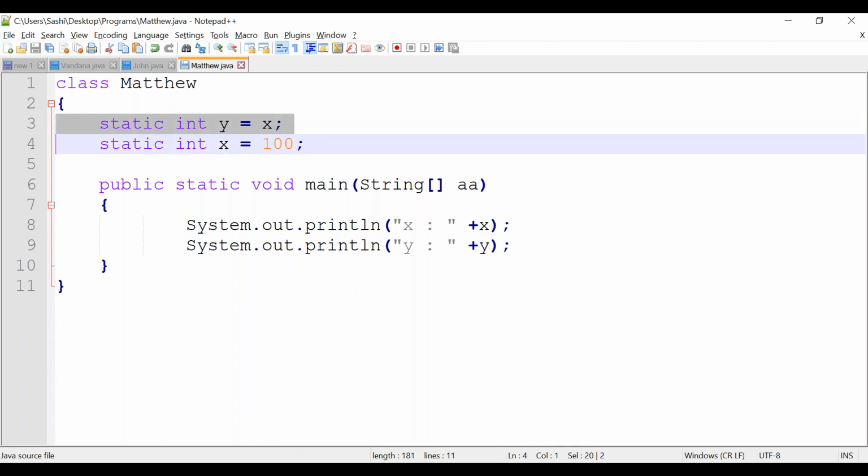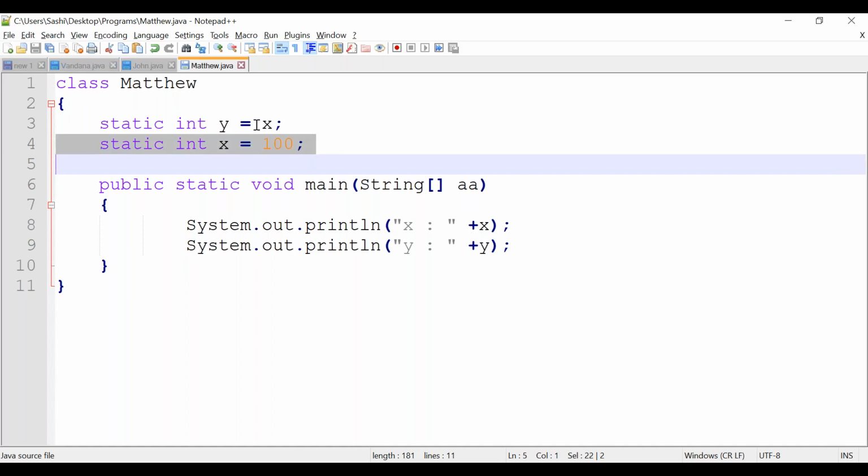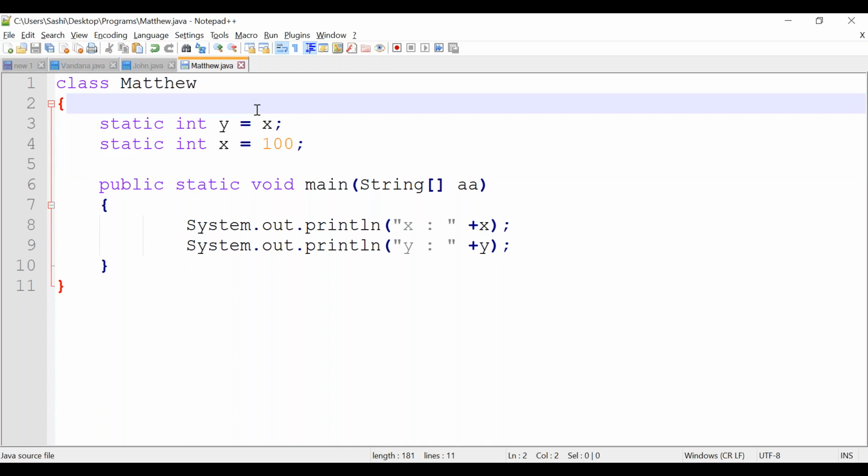So x is not yet declared. That's why it is throwing illegal forward reference. First you need to declare a variable, then only you can use it. You are getting my point? First we can declare a variable, then only we can use it. Without declaration, directly we cannot use it. Even inside method or static variable, anything, first you need to declare it.